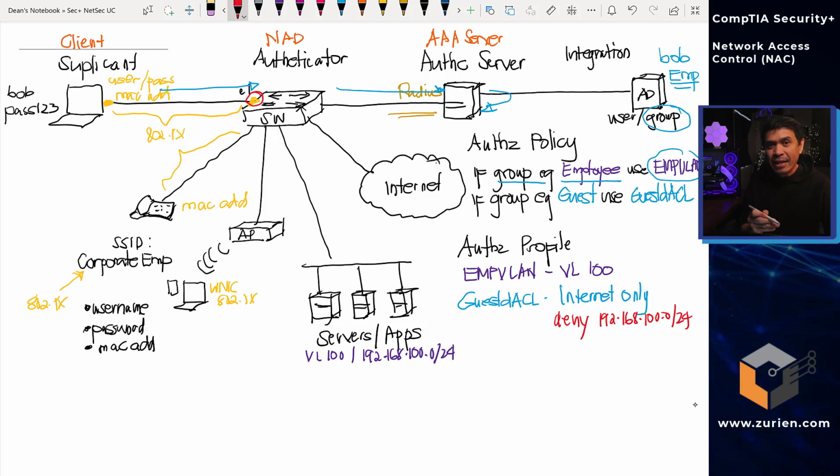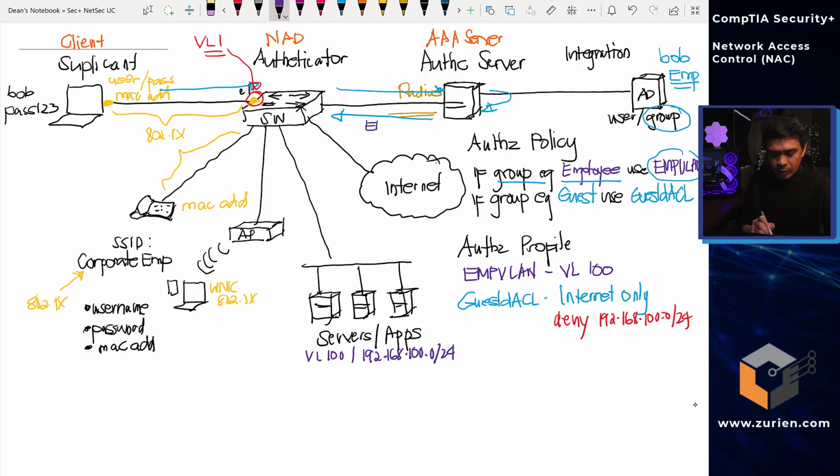It can also have a default access rule. Let's say the default VLAN of this interface, this E1 interface, is VLAN 1. If it's not authorized, any user that connects to an interface is limited to accessing resources because they are just in VLAN 1. It's still in VLAN 1, but after the RADIUS challenge is completed and the switch receives the RADIUS accept with the authorization profile